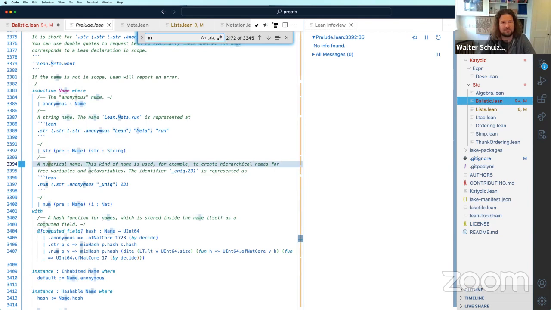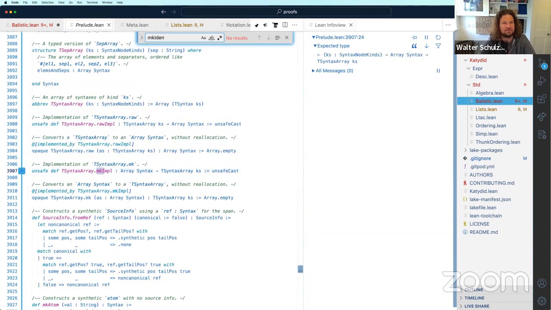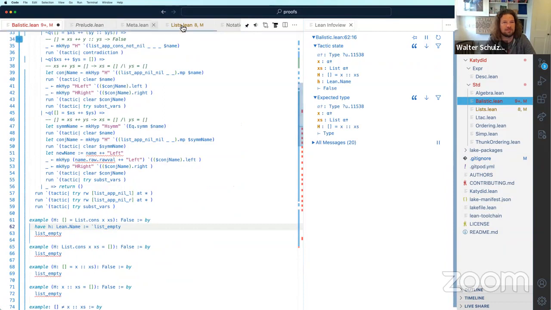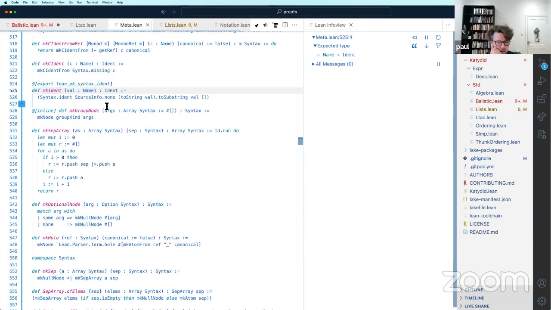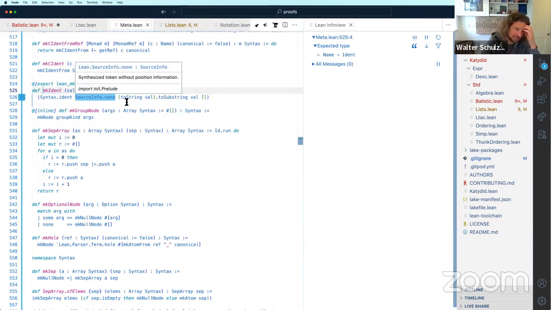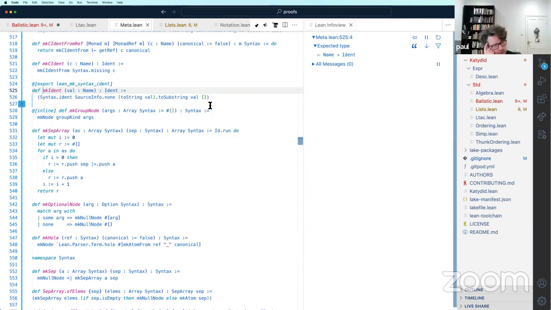Where's make ident? Because we call make ident in our Ltac. Oh, we do. What is that? It takes a name. Oh, but it needs to give, like, oh, toString val.